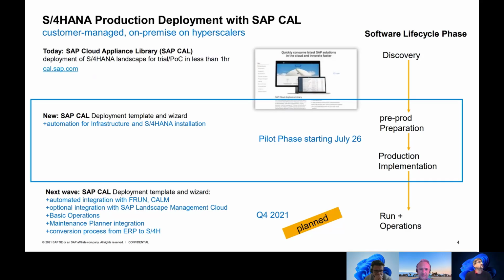So the first thing is this SAP S/4HANA production deployment with SAP Cloud Appliance Library. You know me, I've talked about the CAL several times, which allows you to deploy a demo environment, a sandbox environment within a few clicks on Azure, which is really fantastic. So if your business comes in and they want to see the latest features of S/4HANA, then you can just spin up or select the solution on the Cloud Appliance Library, deploy it, and then your business users can immediately test it. That's all fine, but this is only so far relevant for